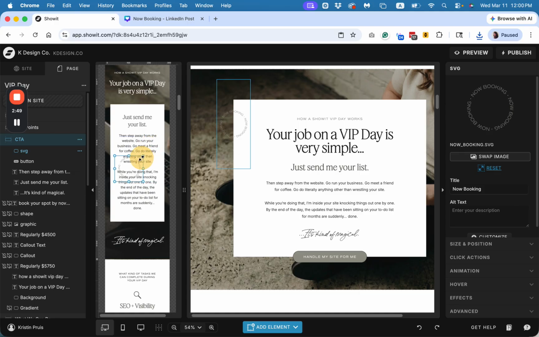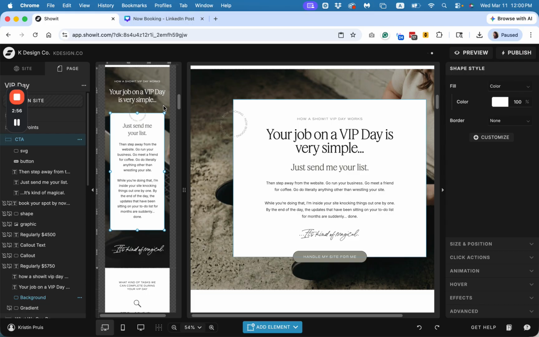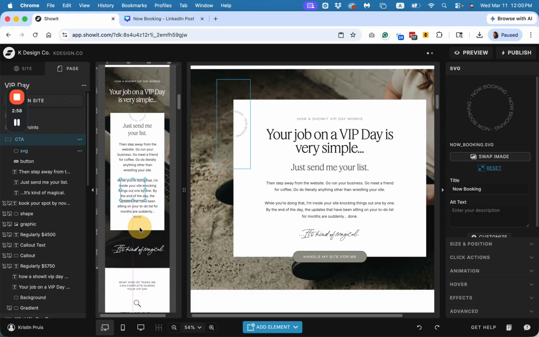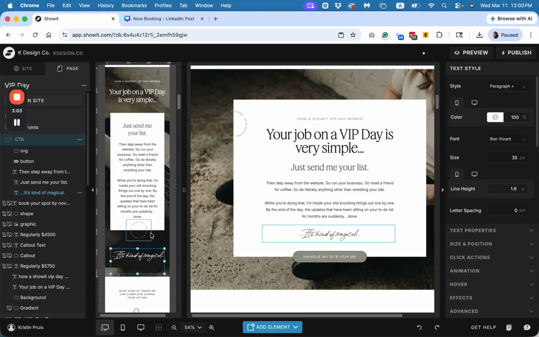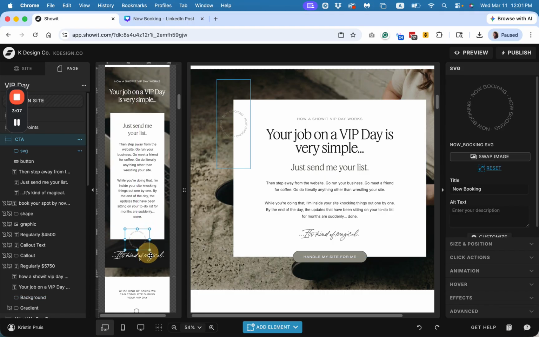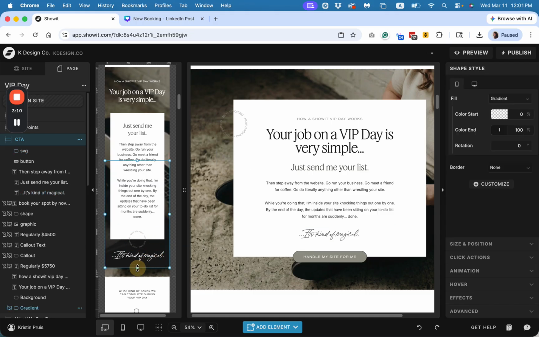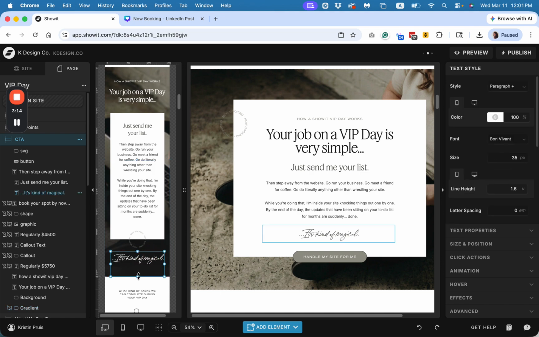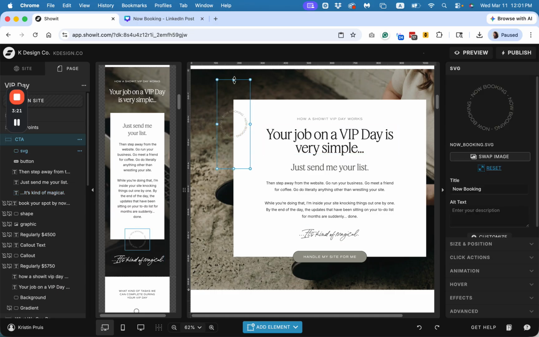So I might have to make some more room for it here on the mobile, probably, actually I might just do it down here. I'm just going to make a little bit more room for it. So just moving some elements around really quickly. There we go. Okay. So now that I have my circle on both sides of my design,